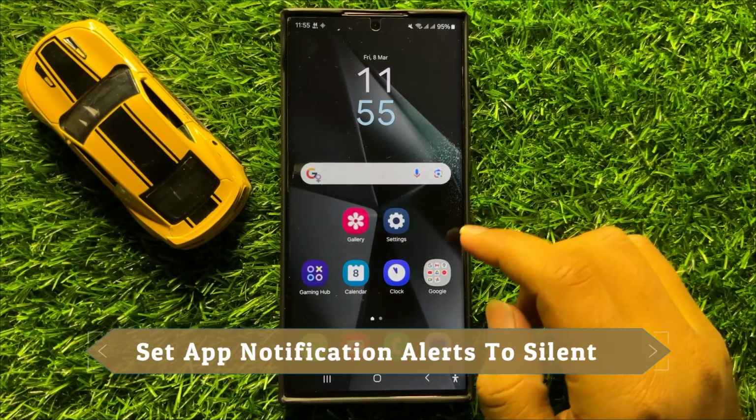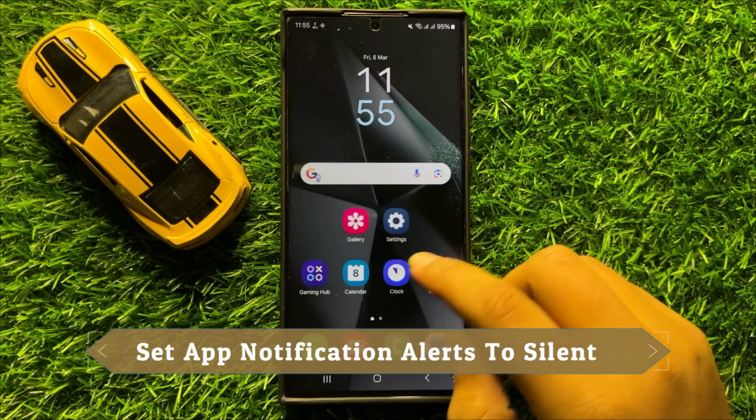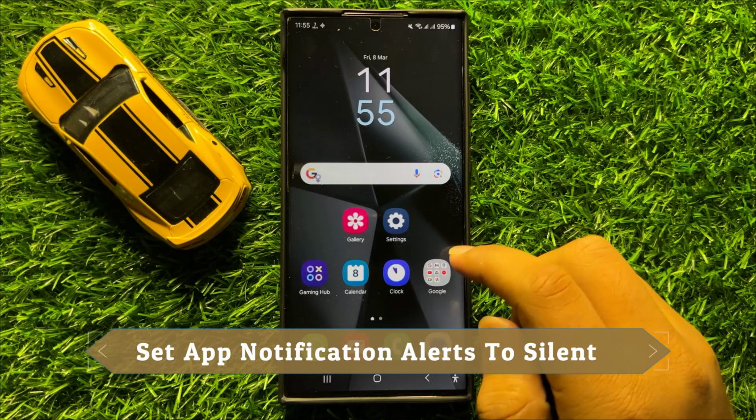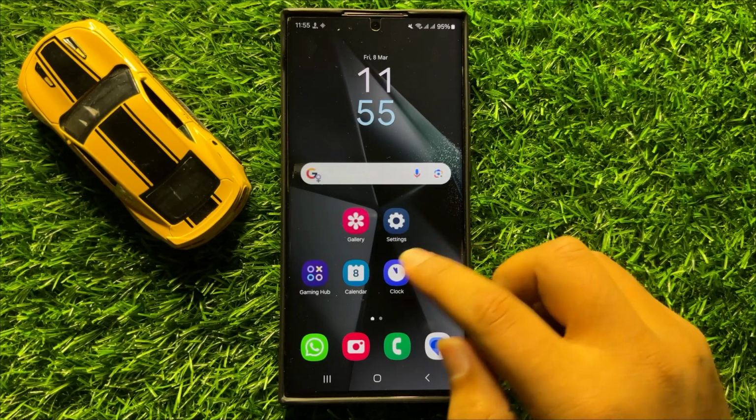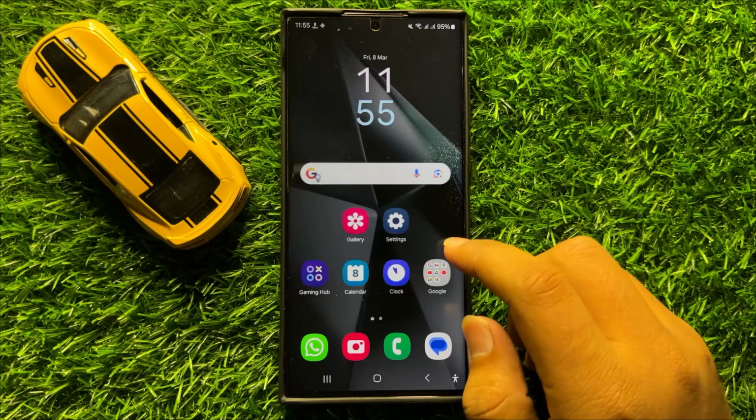Hello everyone, in this video I will show you how to set app notification alerts to silent in Samsung Galaxy